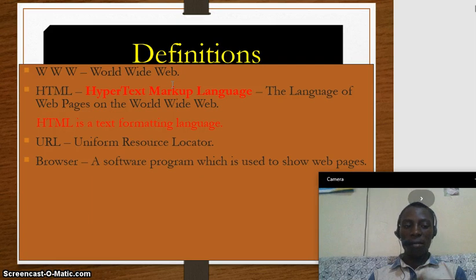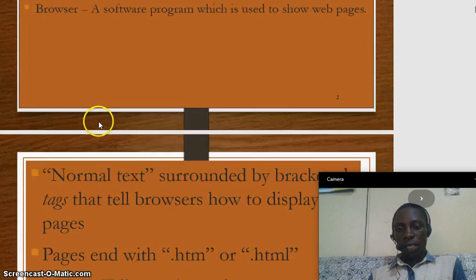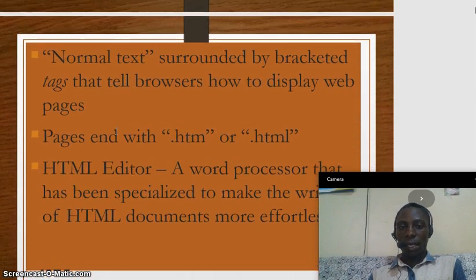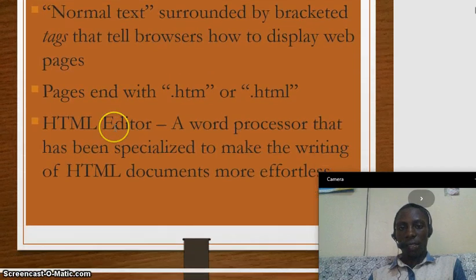So in order for us to see the web pages that we will have designed using the hypertext markup language, to view them on the World Wide Web, we shall need to use a browser, or the internet browser. We may not use any other software like Microsoft Office Word, but we need a browser, right? So those are some of the terms that we are going to interact with.